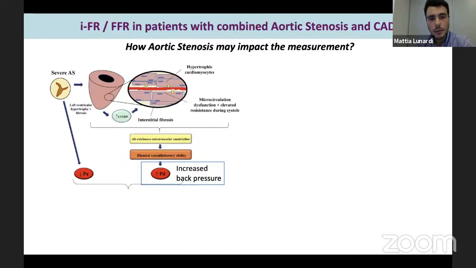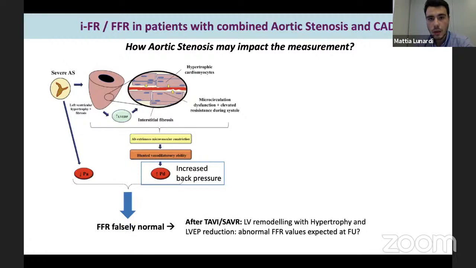And secondly, because we have a lot of consequences derived from the presence of aortic stenosis on the myocardium. In particular, we have left ventricle hypertrophy, we have fibrosis, and all these consequences lead to a higher left ventricle end-diastolic pressure, and also a blunted vasodilatory ability that increases the back pressure, the distal pressure over the stenosis. So we can expect that the FFR is falsely normal for a given stenosis,